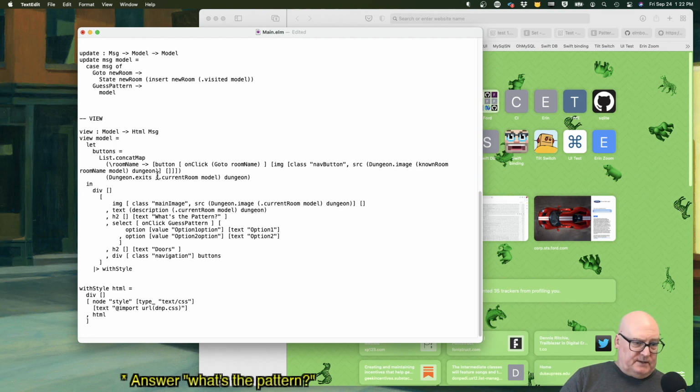Okay, the exits. Okay, so we set up the list of buttons, and then what we display is the main image, a text description, header, what's the pattern, an option list, and the doors and the buttons. Okay, so we took the list of rooms, the list of dungeon information and turned that into a list of buttons that we can show for navigation. Okay, and this with style stuff is something that lets us get a style sheet in on our stuff. All right,